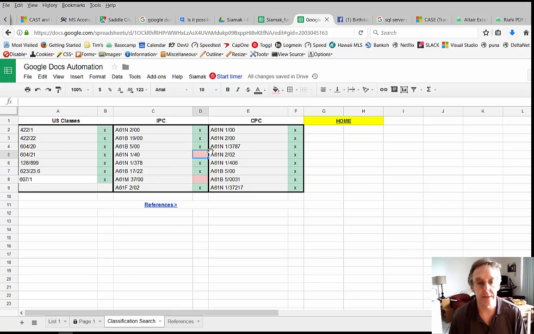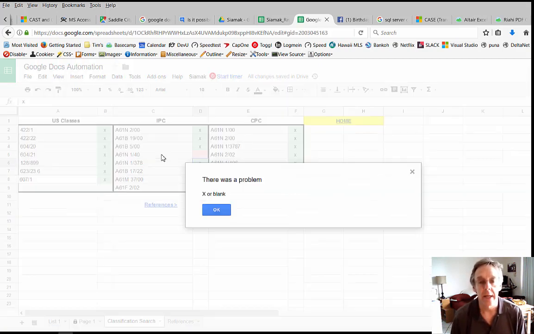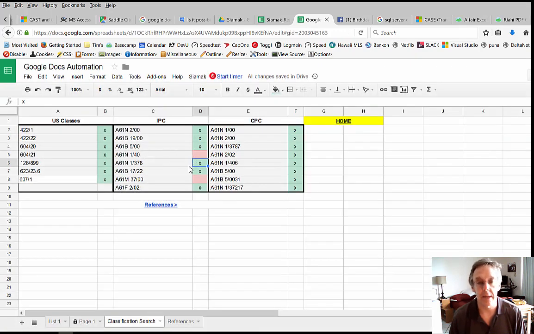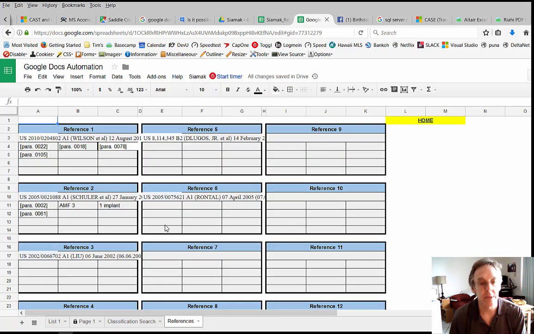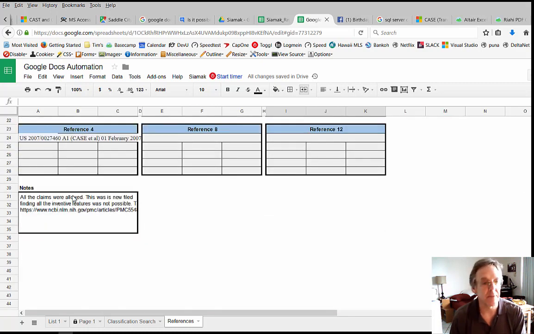Also, this has another kind of data validation in it, and if I try to put something else in here, like a Y, it will tell me X or blank. So I can only put an X or blank in that cell. And then finally, there's this area here, which is references. And again, he can leave it blank, or he can put values in there, and it will only transfer these references over to the final product if there's a value in the first cell, and if there's at least one other value in some of these other cells, and finally there's notes here at the end that have to be